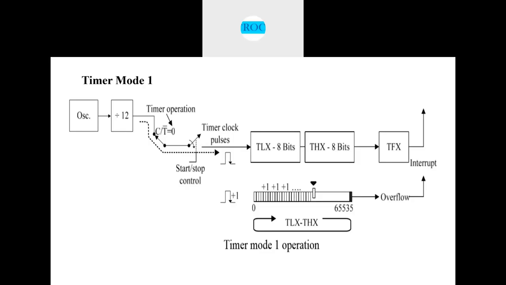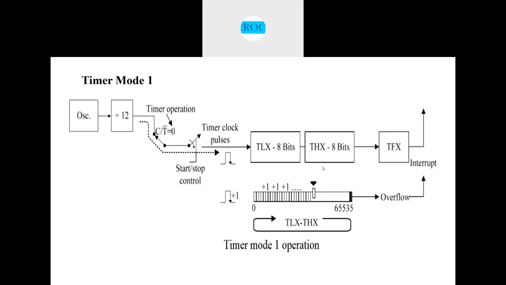If you know that it is an 8-bit register, it starts at 00 and keeps incrementing 0, 1, 2, 3, 4. The maximum value we can have in 8 bits is FF. Till that it will keep on incrementing. Once it is done, it will increment the higher bits, so that it is acting as an 8-bit counter, and this is also acting as an 8-bit counter, and collectively it is a 16-bit counter, and it will count from